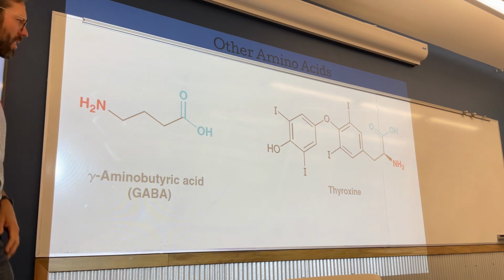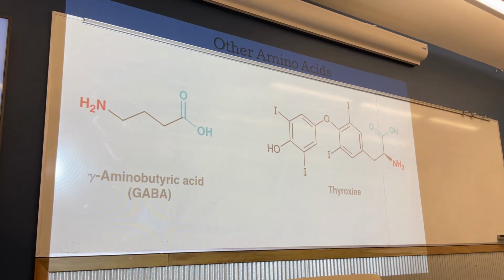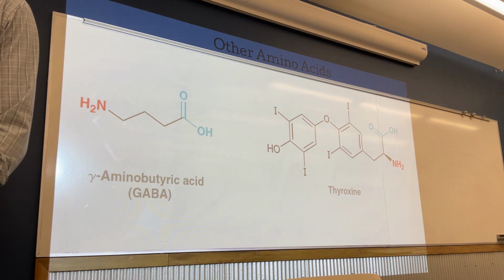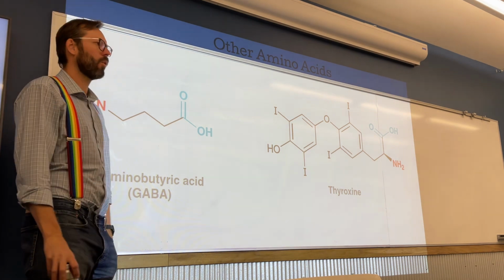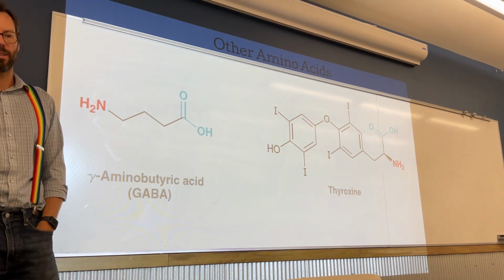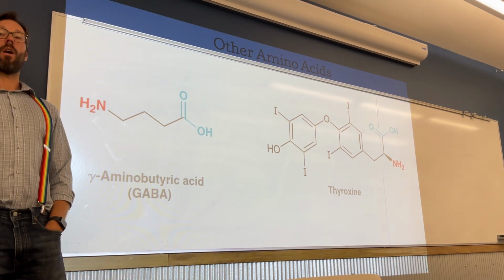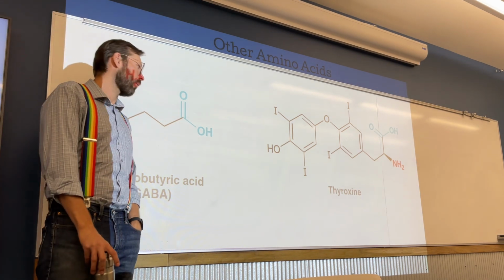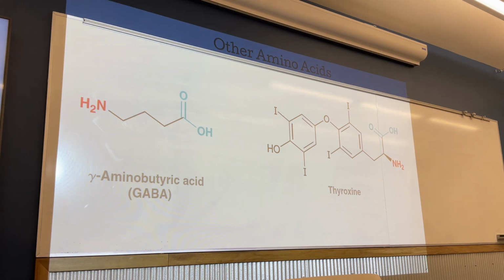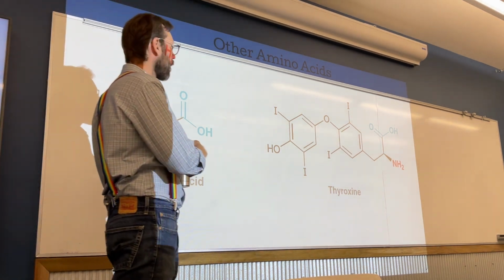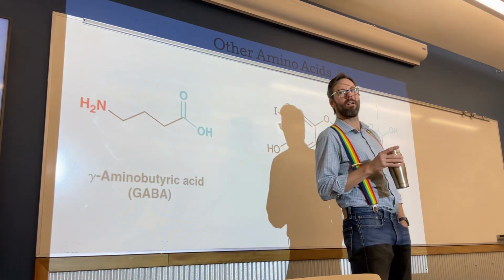And then thyroxine, I'm not as familiar with that. It's a hormone that's made in the thyroid. It's a really, really important hormone that functions in a lot of different things, but thyroid is involved with metabolism, so thyroxine is going to aid with metabolism, digestion, heart, muscle, brain function, lots of things, okay? But neither of these are used to make proteins,